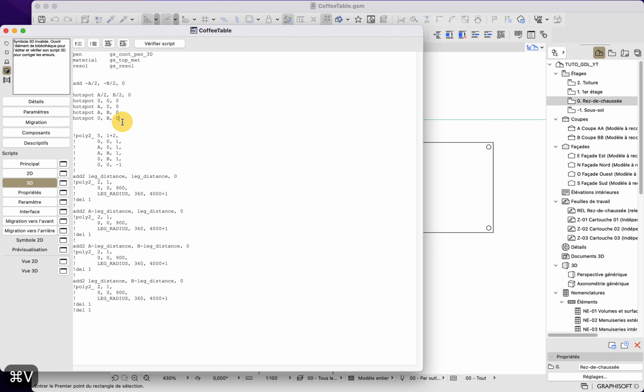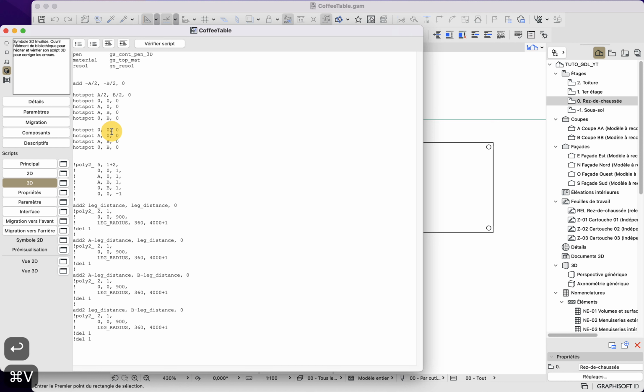For this one, however, we will need another set of hotspots, because we have a 3D geometry, and we also want hotspots at the bottom of the object and also at the top of the object. So we will duplicate those 4 hotspots, and instead of 0, we will put size X. That way, we will have the same set of spots at the bottom and at the top.